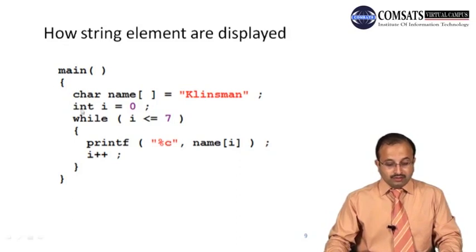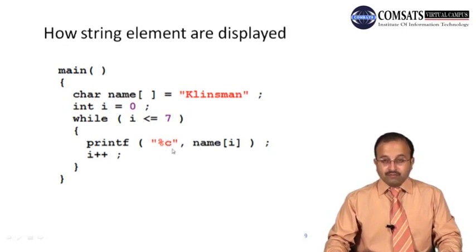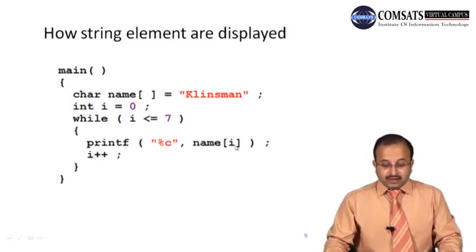Then you initialize i with 0 and i is less than or equal to 7. printf %c name[i]. So initially the value of i is 0 and you are going to print the character at that memory location. So name[0], the character we have there is K, that will be printed, and then the value of i will become 1. 1 is less than or equal to 7, the condition is true, then it again prints %c name[1], and the character at name[1] is L, so L will be printed, the value of i will be incremented with plus plus, and this loop